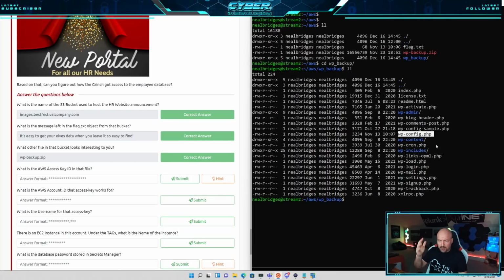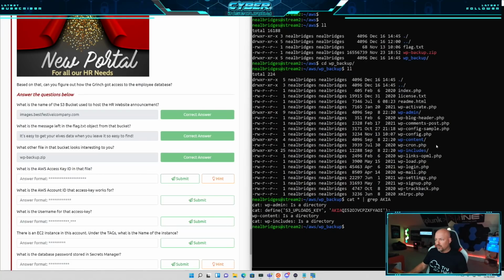Now you can do this a couple of different ways. You can iterate through the directories. There's a number of ways that you could do this. You could script this out in Bash. One of the ways that I usually just start with, just to see if it's right here, is I'll do a cat splat, pipe it to a grep, and then I'll look for AKIA. Now what it's doing is it's going to take every flat file that's here and cat all of them, basically put it all into a buffer, and then it's going to grep those flat files looking for the string in case sensitive format AKIA, because we know that is the format that prefaces any of our AWS access key IDs. We hit enter, and lo and behold, we can see that